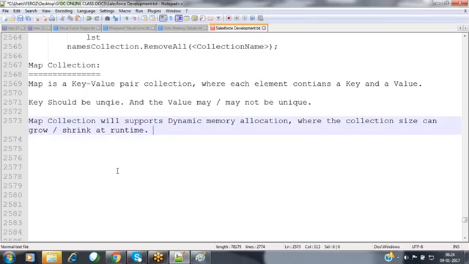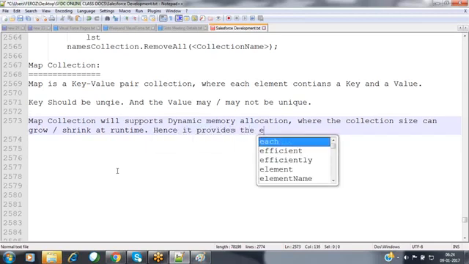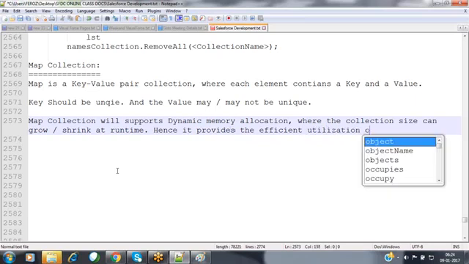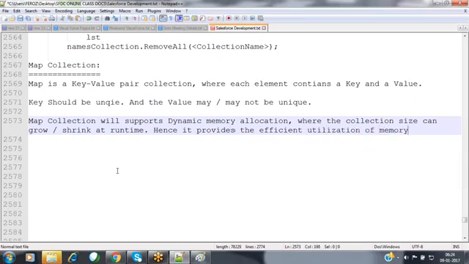Hence, it provides efficient utilization of memory. Now, if you want to identify the elements, we have to identify the element based on the key.